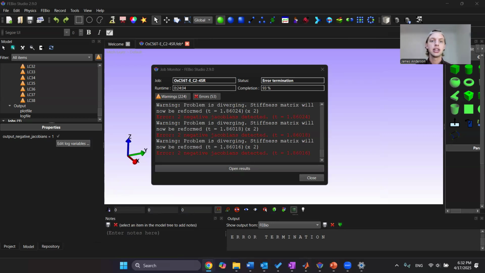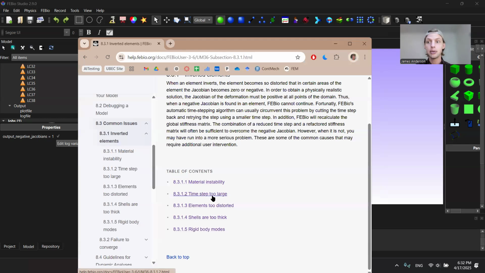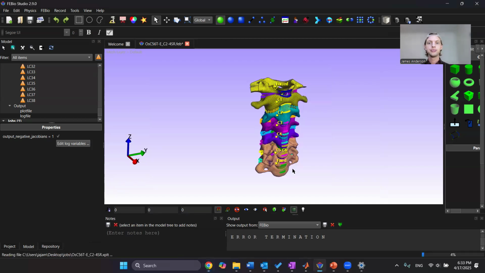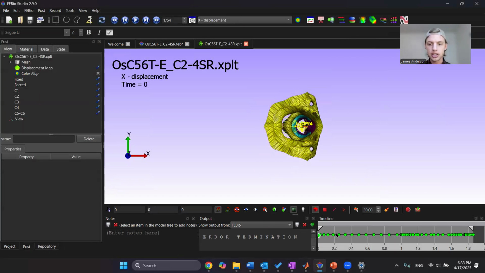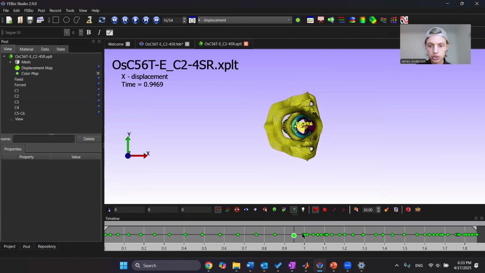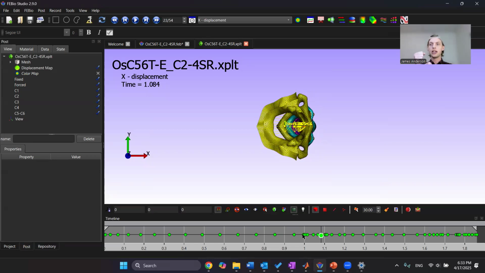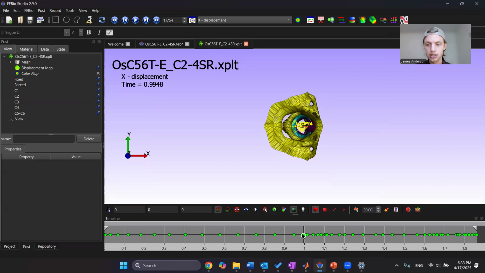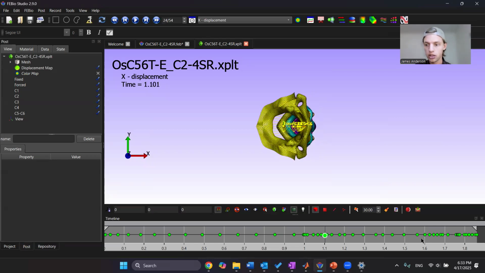All right, the next thing on this list is time step too large. So if I open up the results, okay, here we go. So we see that FEBio, I'll make the timeline bigger, will do smaller time steps when it runs into issues. It will run into an issue, and then if it can't solve, it will cut back to a smaller time step. And so you'll see, okay, we really ran into issues right at time equals 1, right at 1.1,